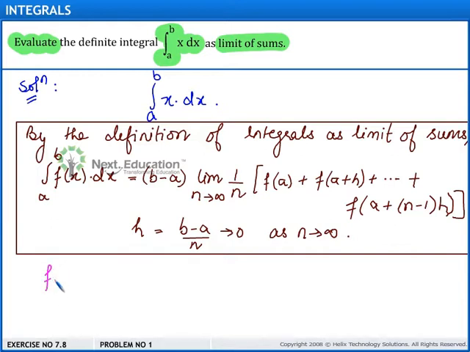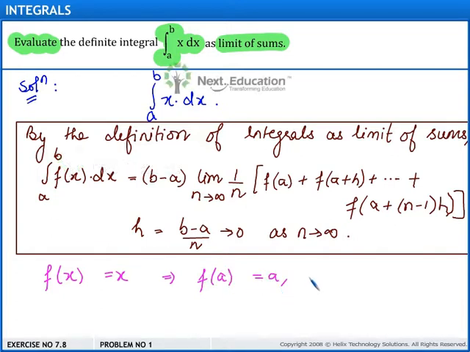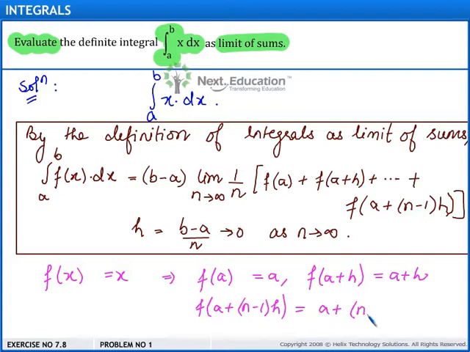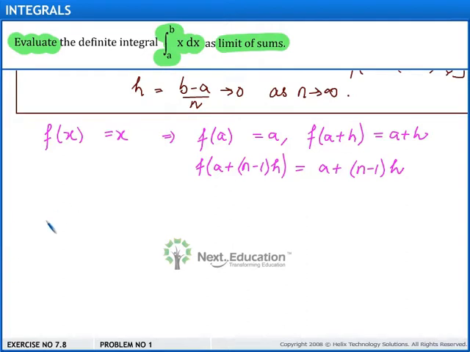Now in this case the given function f(x) is equal to x. This implies that f(a) is equal to a, f(a plus h) is equal to a plus h, and f(a plus (n minus 1) into h) is equal to a plus (n minus 1) into h. Therefore, in this case, the integral of x dx from a to b is given by (b minus a)